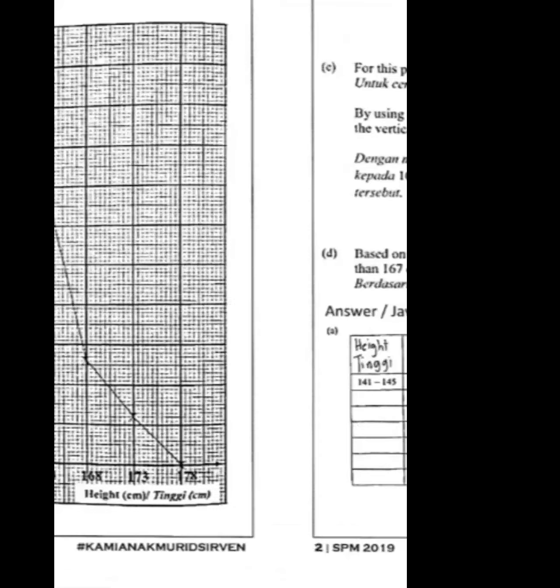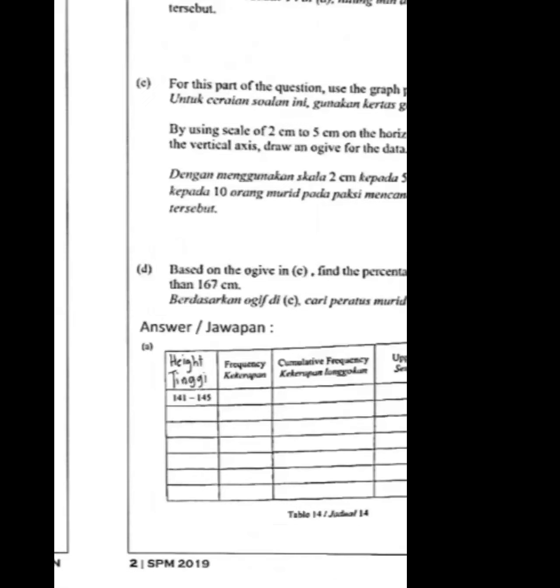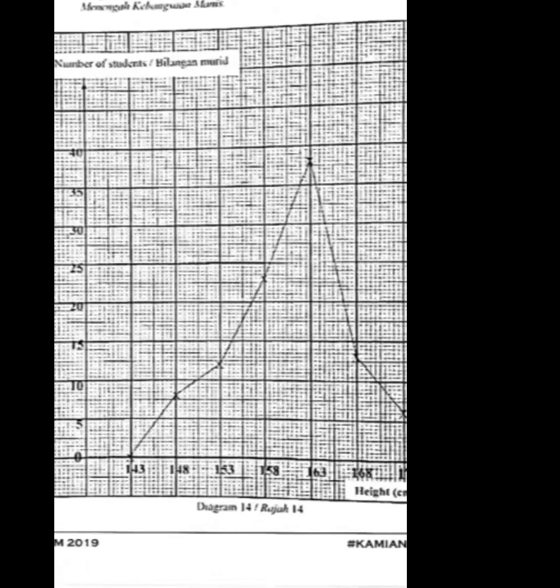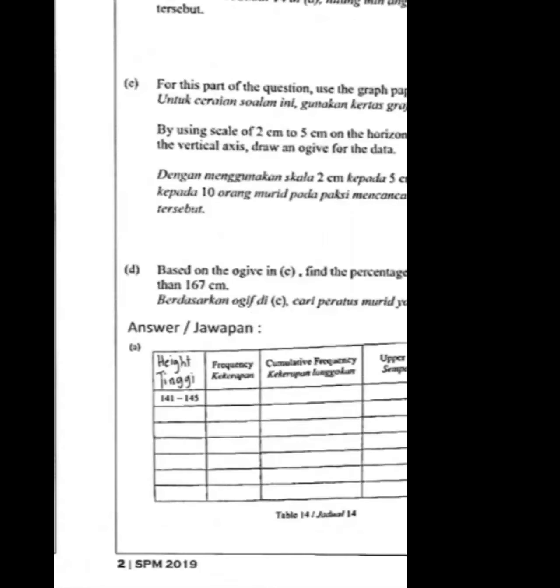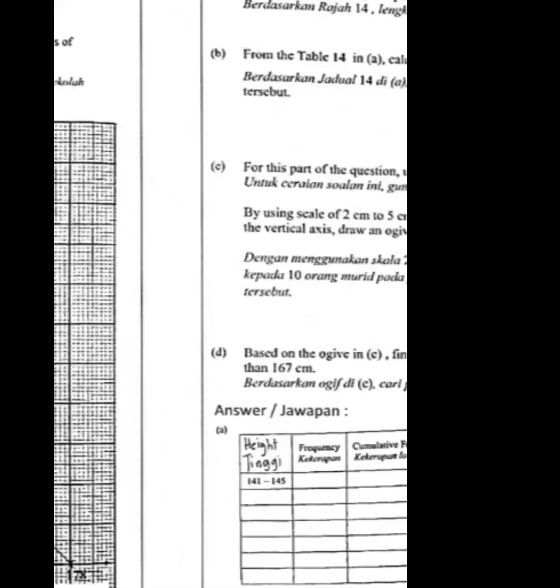So you write the frequency as 0, and the cumulative frequency is also 0. For the second column, the frequency is 8, so the cumulative frequency is also 8, because it is the sum of the frequencies. And for the third column, I think maybe it is 12. As for the 153 there,